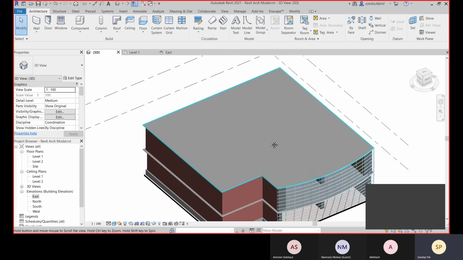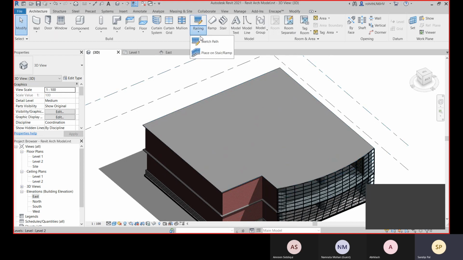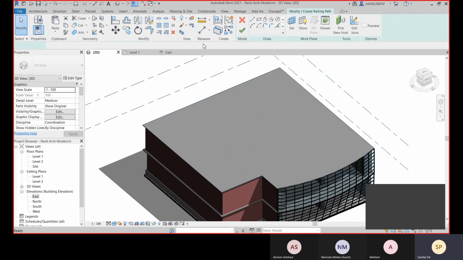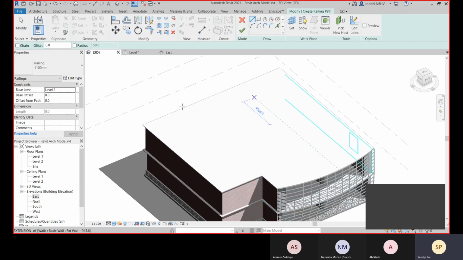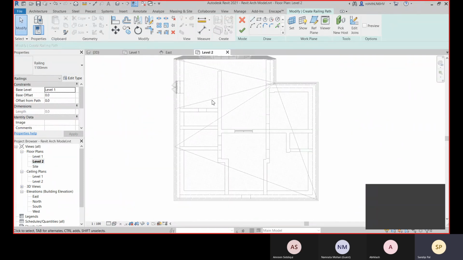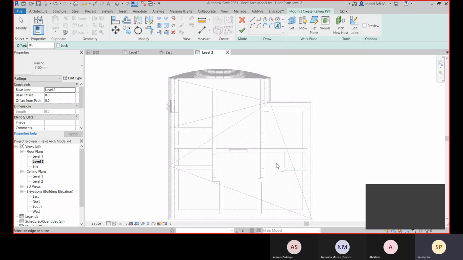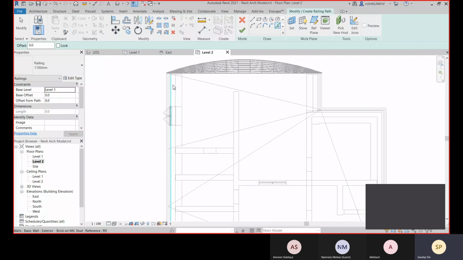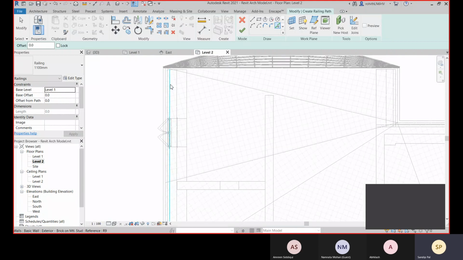So we will go with this sketch path. Now we can go to level 2, and from there we can define. Now we can go with this pick line option, and from there we can pick.